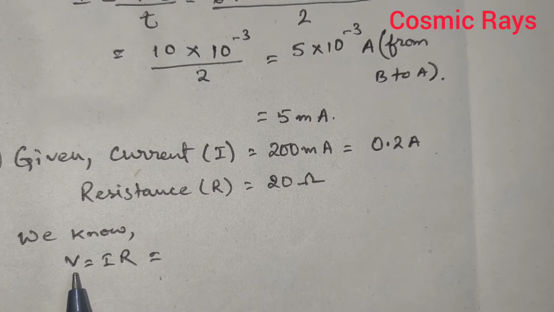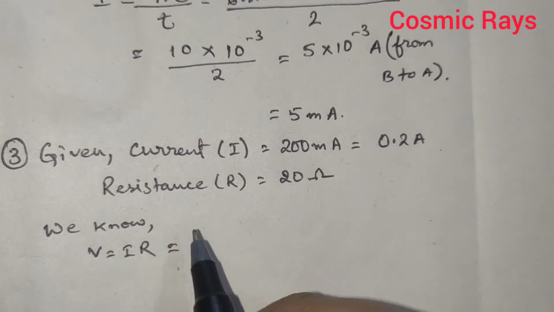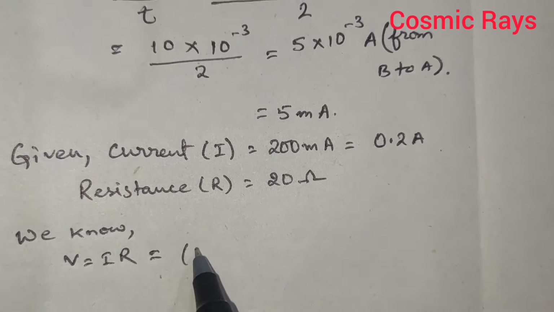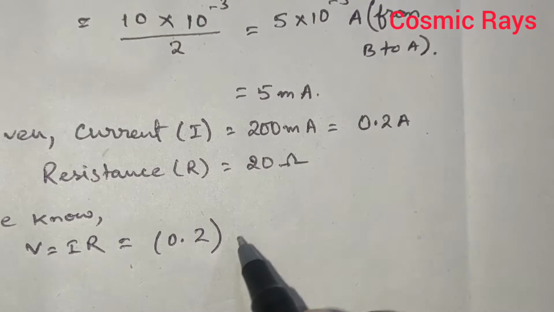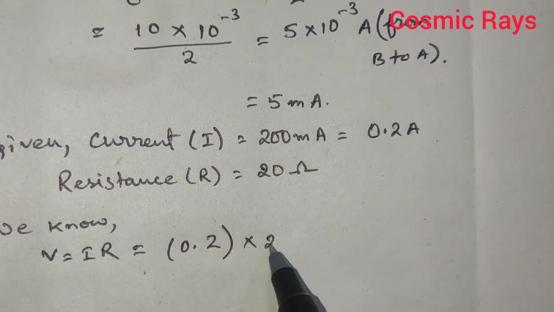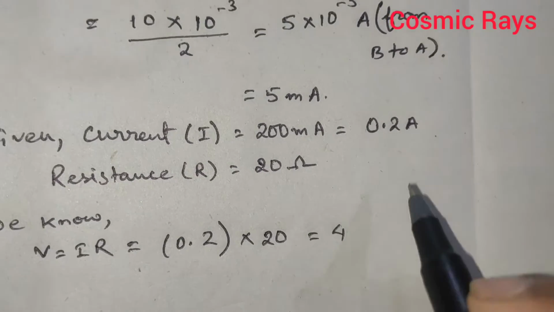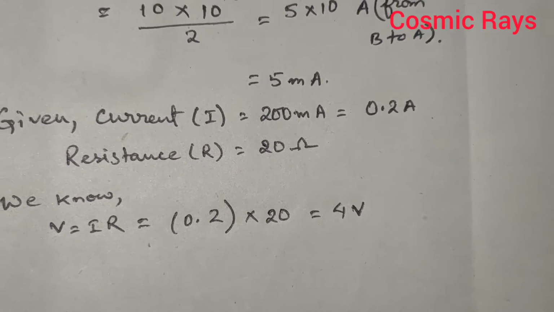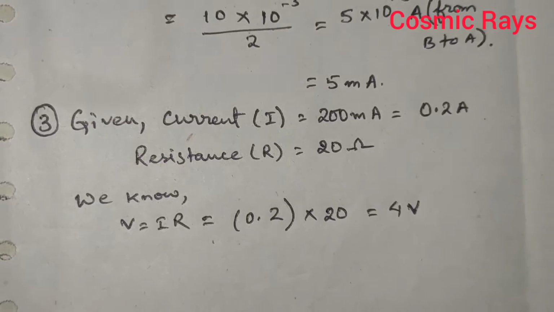So we know that V is equal to IR. This formula comes from Ohm's law. So we just put the values. Current is 0.2 multiplied by the resistance, that is 20 ohms. So if you multiply, you get 4, and the unit of potential difference is volt. So this is how we solve this